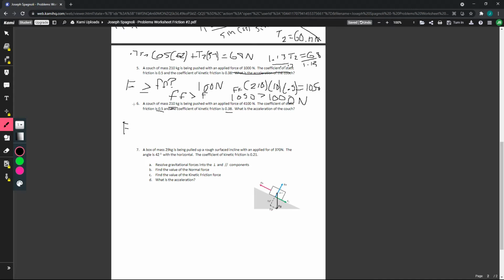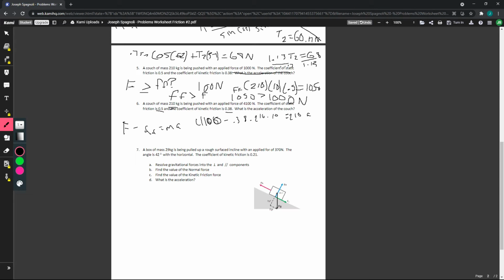Okay, let me use the pen for this one. Force minus force of friction is equal to mass and acceleration. Force being 4,100 newtons minus force of friction, in this case, is going to be 0.38 times 210 times 10, which is equal to 210A. So we're going to now plug in these numbers to our calculator. So we're going to do 4100 minus 0.38 times 210 times 10,